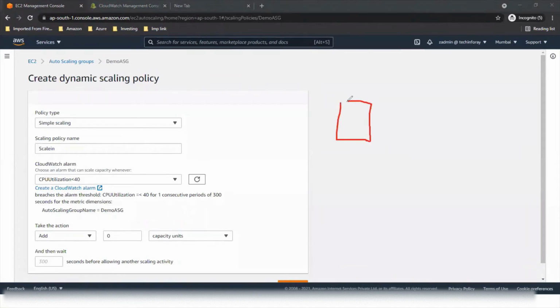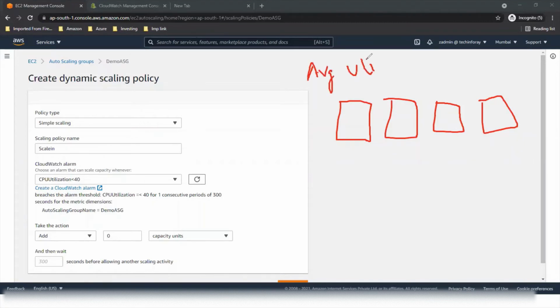So we have 4 machines in place in our desired capacity, right? 1, 2, 3, 4. And there is average utilization for all these machines. So in this dynamic scale in policy, in case the average utilization goes less than 40, then one machine can be removed.